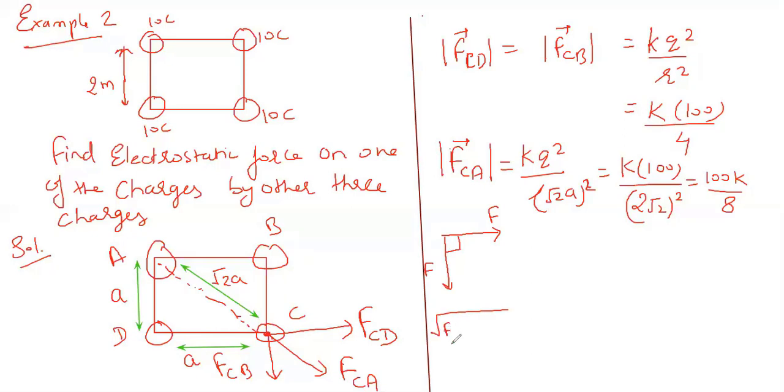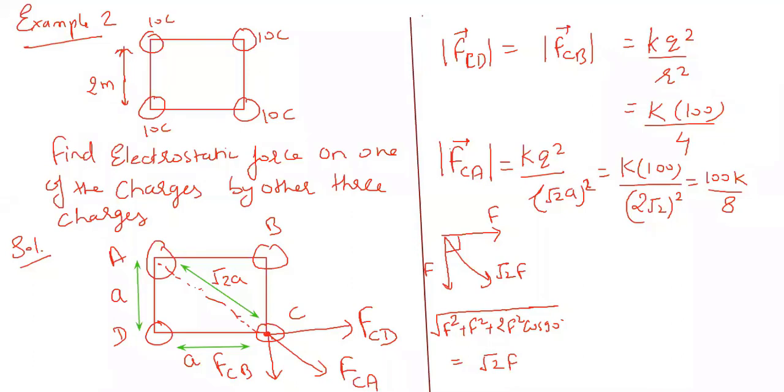To find the resultant of two vectors, I can easily write f square plus f square plus 2f square cos 90. By solving this, I can write it will be what? Root 2f. So the sum of these two will be root 2f. So I can easily understand the sum of FCD and